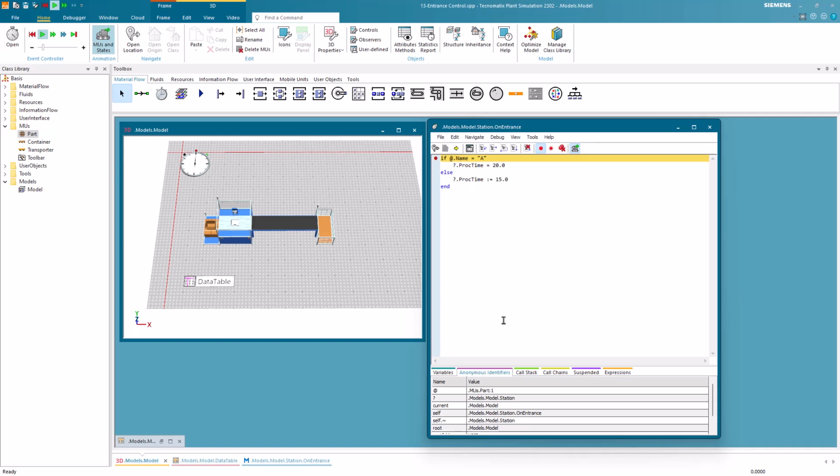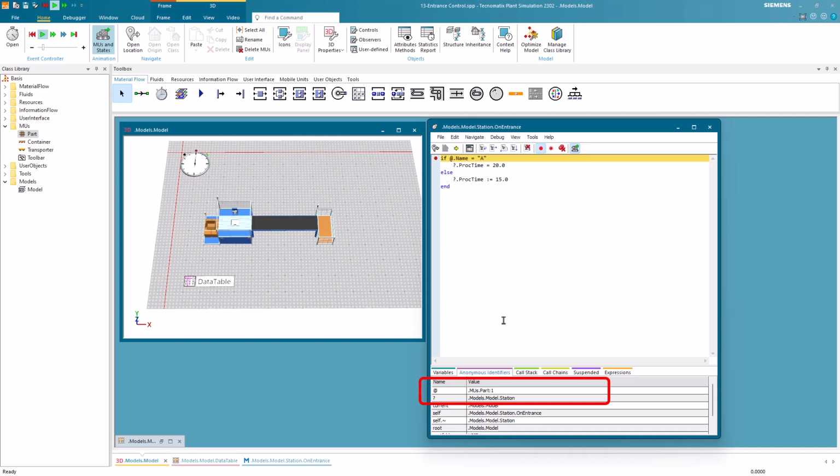Normally, the name of a control you programmed in a method does not change in your model. The path to the method changes from model to model, though. If a control requires the current path, you can query it by using anonymous identifiers. To learn more about anonymous identifiers, you can have a look into the help. As you can see, at and question mark are also anonymous identifiers that we already have used. There are several more anonymous identifiers, as you can see.